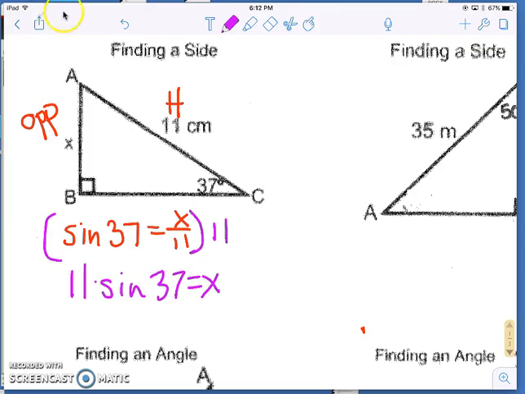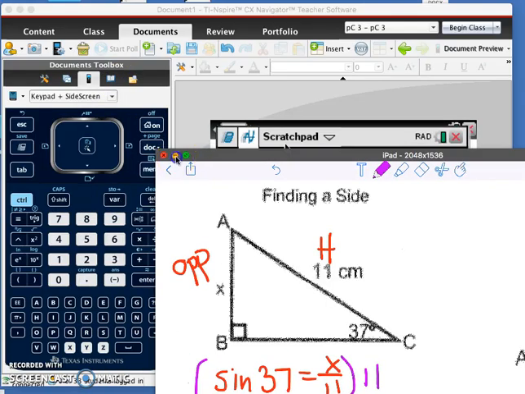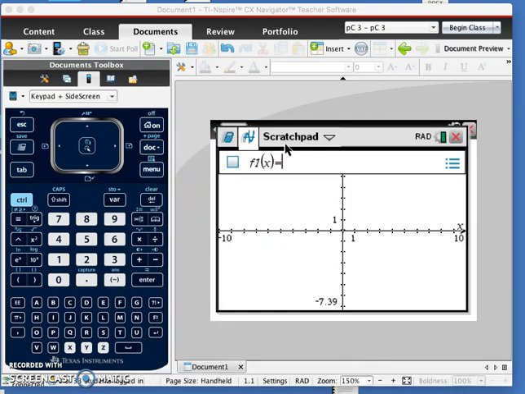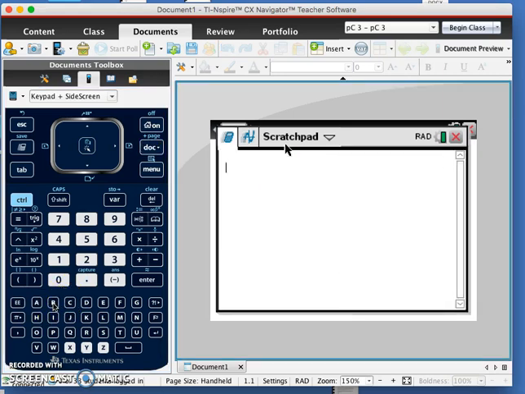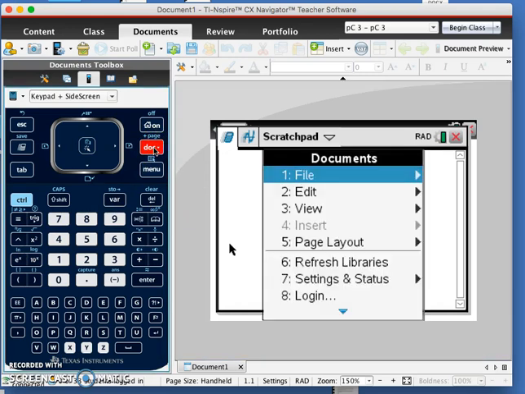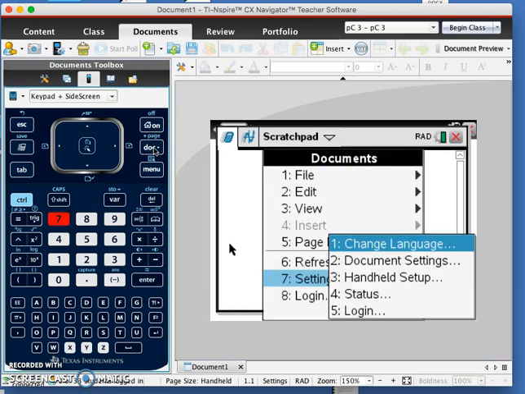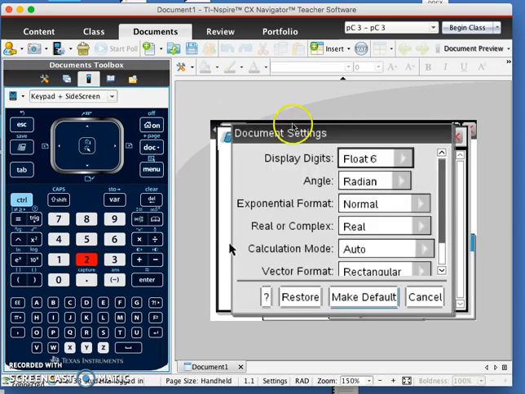Now when you enter this into our calculator here, there's a couple things that we need to check. First of all, you got to clear your scratch pad. So remember, it's Doc B that clears your scratch pad. And we have to make sure it's in degree mode. In a couple days, we're going to start talking about a different type of measurement, radians, but today we're in degrees. So if you hit your Doc key, and then number 7, settings and status, document settings,